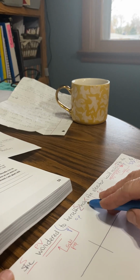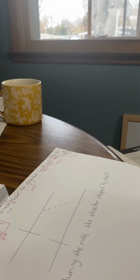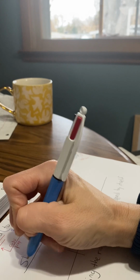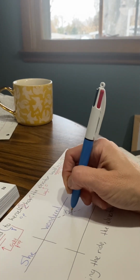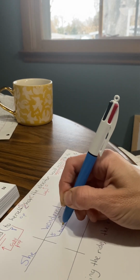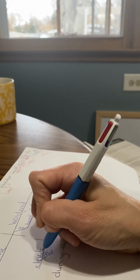And how is our subordinating conjunction, which is going to connect our verbs. So again, here I have my subject, my verb, and my direct object for my clause, okay? So she wondered how, but she wondered to herself. So we have this prepositional phrase, to herself, how the elevator